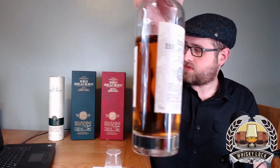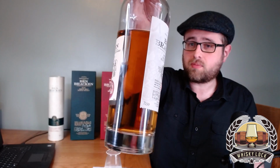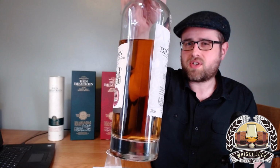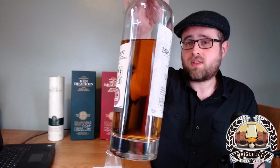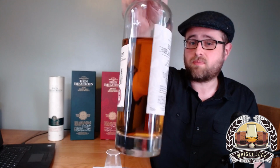One more last thing about presentation and appearance before we get on with the nosing and tasting. The colour of this one, again, it doesn't say with colouring or without on the label or box, but I have just realised that this one's actually a shade lighter than the 22-year-old Islay that was released at the same time. So from that you could take it as they are natural colour, but